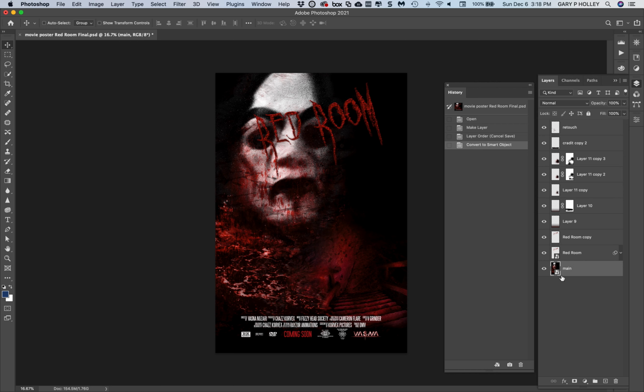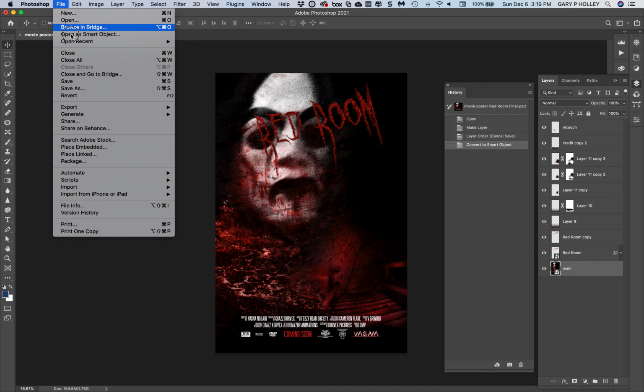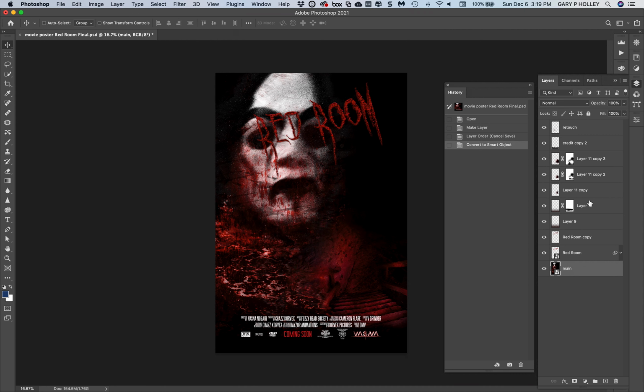Notice it's no longer a folder, but it has that smart object icon. The key thing is it went from 3.68 to 1.76 gig. So it effectively cut the file size in half, or at least the working file size here in Photoshop. It's still a big file, but at least it's now more manageable. So you definitely want to make sure you save that so you don't lose it. And if you ever need to go back in and edit your smart object, you can just double click it